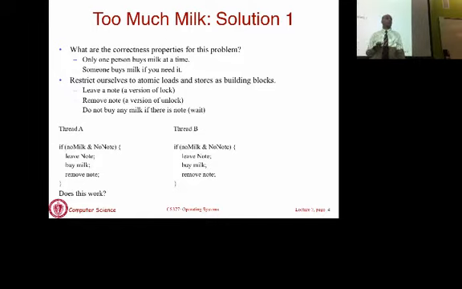I want to introduce what that is. More conceptually, there's a way to say the same thing. Yes. At the very beginning, there's no milk and no note, so both of them enter the if statement and they both leave at the same time. So they're still both fine though. Okay. Good point. Anybody else have anything else? I'm going to come back to what you said and reiterate that point in just a second.